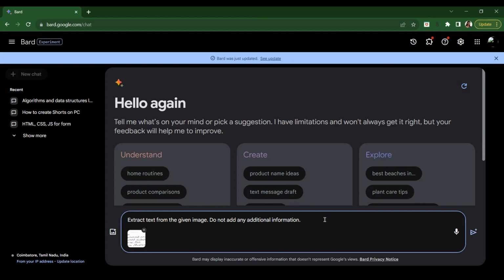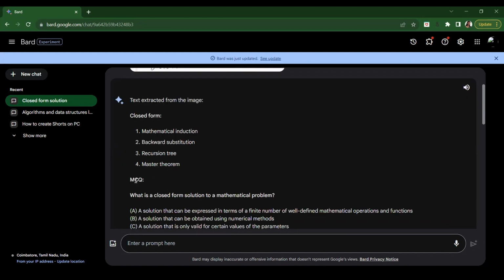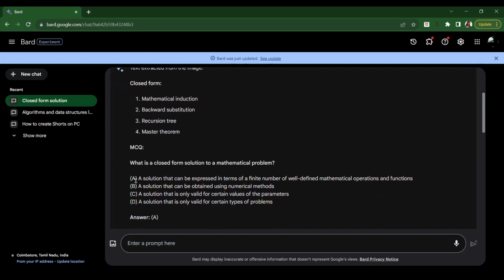Additionally, I wanted to create an MCQ from this information. So I say create an MCQ with the content. This gives me the following output: text extracted from the image, which is closed form. And it also creates an MCQ from it, but it is based on the topic that the extracted text is